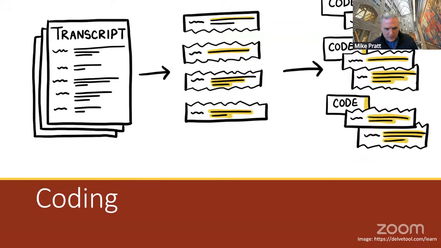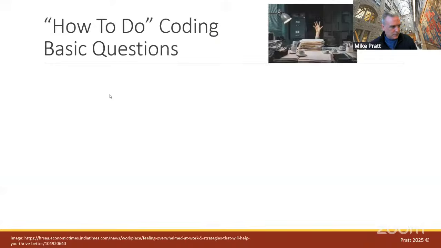Does analysis change depending on emergent or a priori? Yes, in part because if you're going in a priori, you probably have a broader sense of what you're looking at before you go in. Can you do hybrid coding? Yes. Sometimes we'll talk about this. Coding can change throughout your process, and you may end up moving from emergent to a priori coding as you move on. But let me get to that in just a second. So we're going to talk about some basic how-to questions.